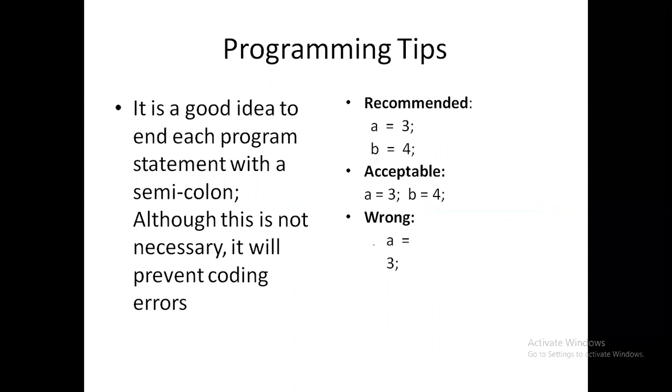I told you a good idea, what the programming tips are. So this is how you're going to do it. You can write like this, specifying different values for different variables, or I can write them in a single line like this. But I'm enclosing each one with a semicolon, which is the termination of the line. That means this is a single statement, and this is another statement. It is better to write it this way, and this is recommended.